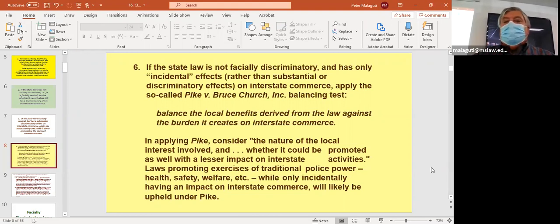So with Pike, you do a balancing test. You balance the nature of the local interest involved against the impact on interstate commerce. If the local interest involved is a substantial one and the impact is minimal, then the law is going to be okay. It will be upheld. It will not be deemed to violate the Dormant Commerce Clause. If, however, the